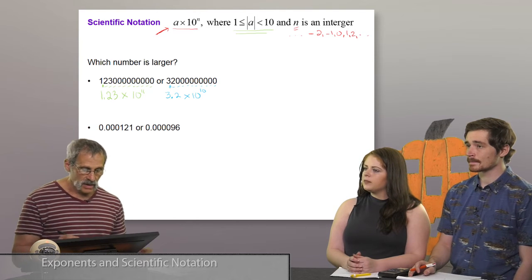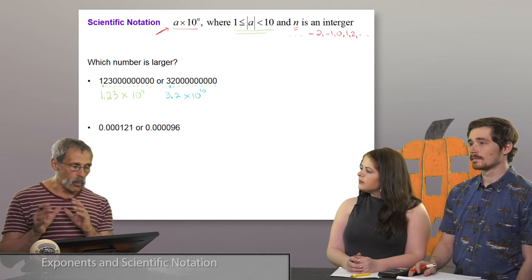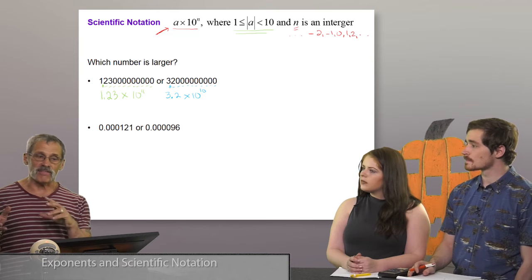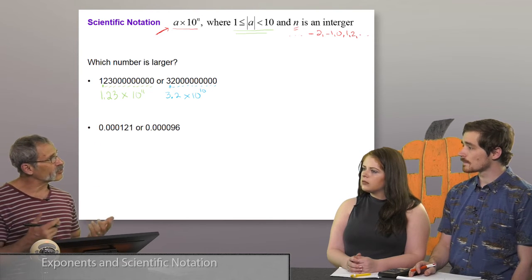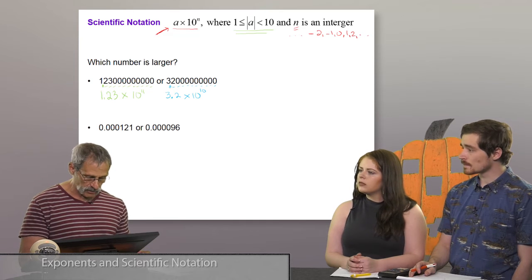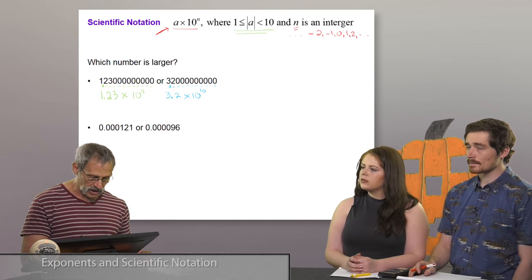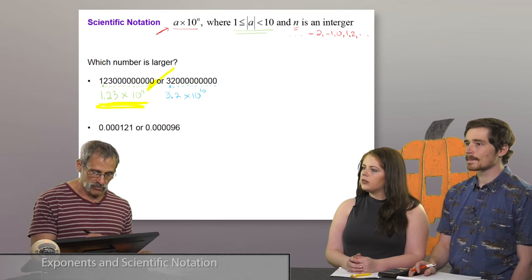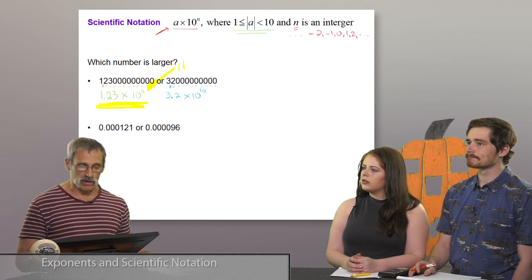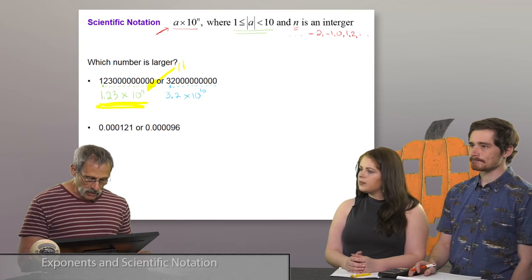So if I'm multiplying 1.23 times 10 to the 11th versus 3.2 times 10 to the 10th, now I can quickly answer which number is larger by just looking at the exponents. And which number would be larger, actually? The first one, that one right there, right? Because you're looking right here at that 11 being greater than 10. Well, that's with numbers that are